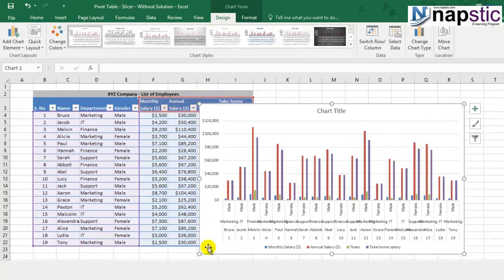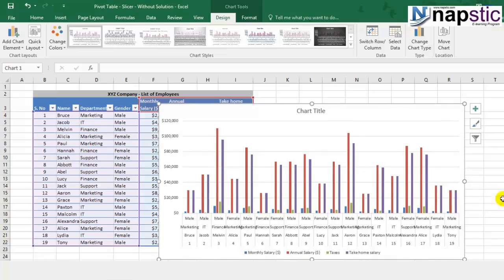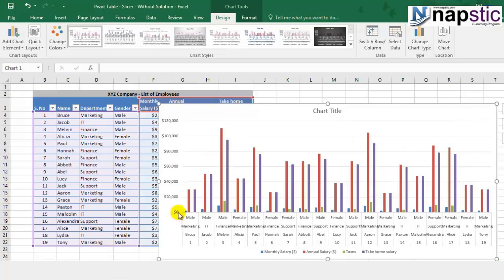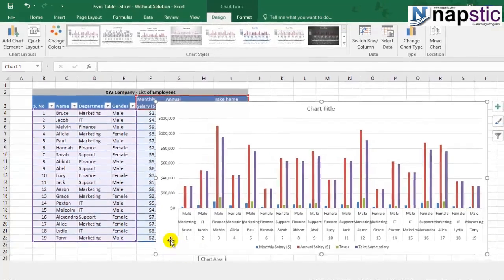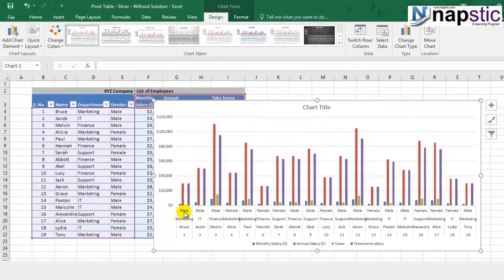You can see that the data is really cramped up as of now. However, I'm zooming it. Okay, this looks quite okay. Wherein we have the name of the employee, the department, their gender, and we have data with respect to their monthly salary, their annual salary, their taxes, as well as take-home salary. Okay, so this is our traditional chart. Right? It looks a bit chaotic, don't you think? Everything is really cramped up, and if you were to analyze data over here, it could be a bit difficult.